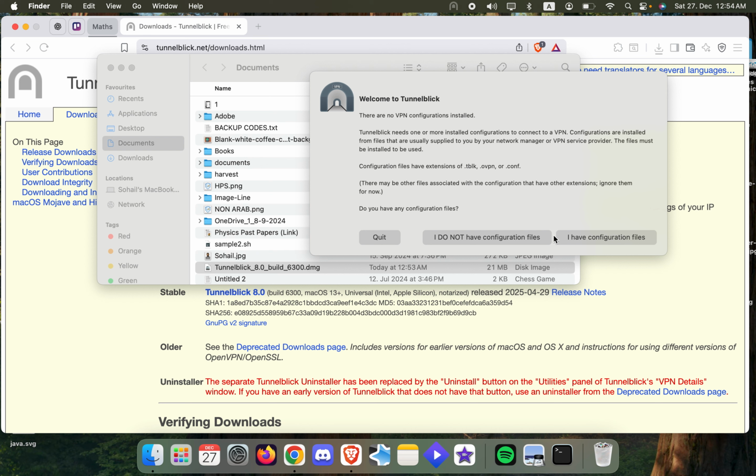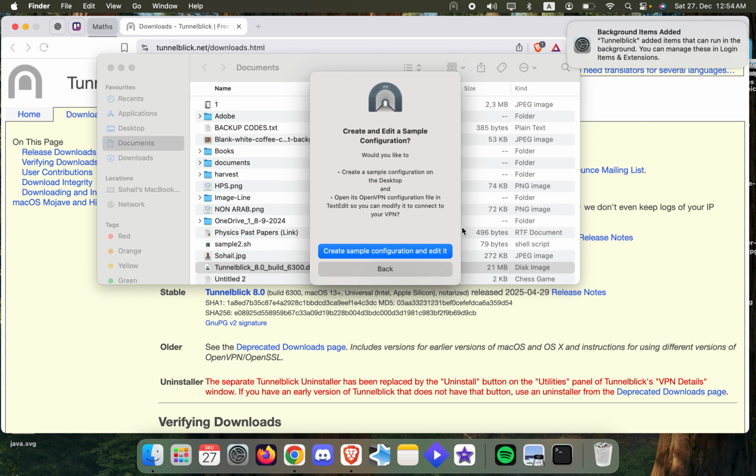Okay, now if you have configuration files, you can just click on I have configuration files and then choose them. And then if you don't have, just click on I do not have. And then obviously you can just create a sample configuration and edit it. Okay, so that's how easy it is to download Tunnelblick, and I hope that this video has helped you out,